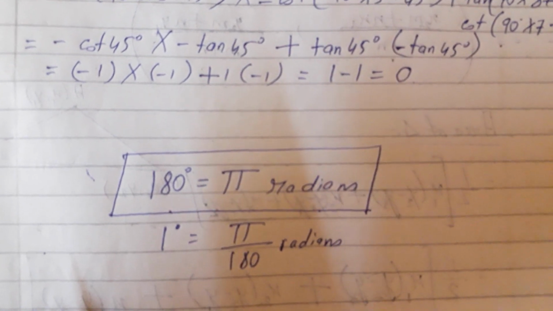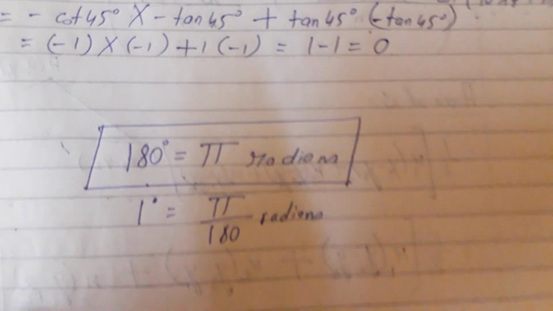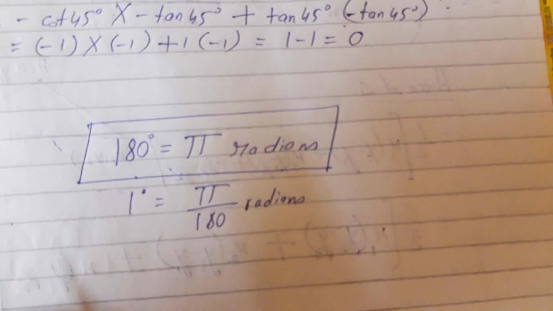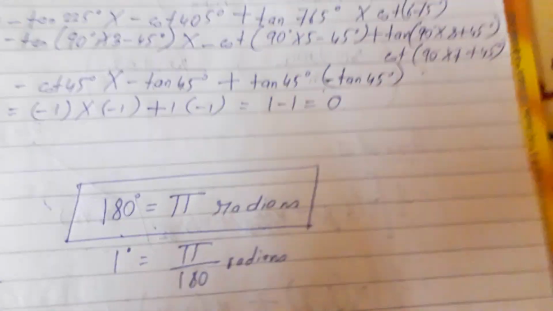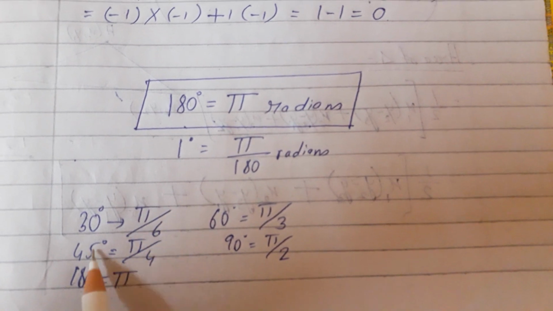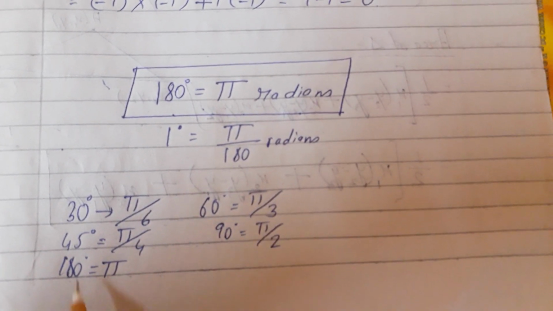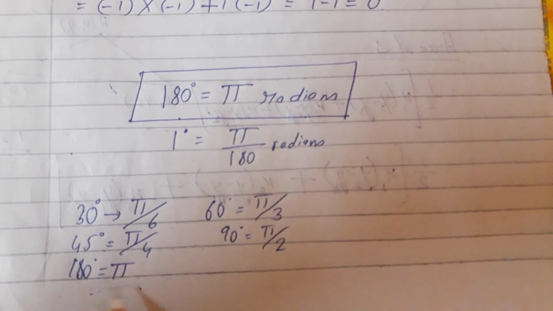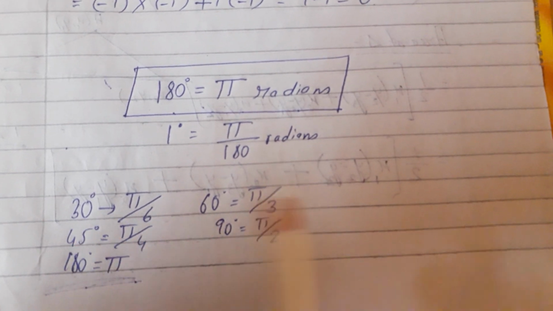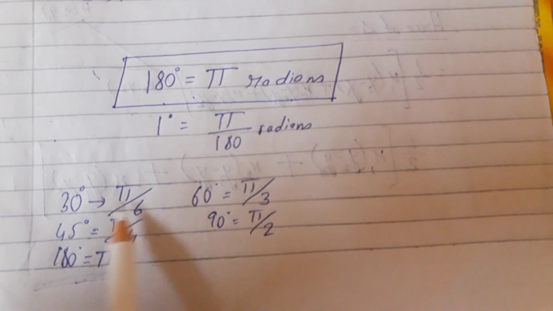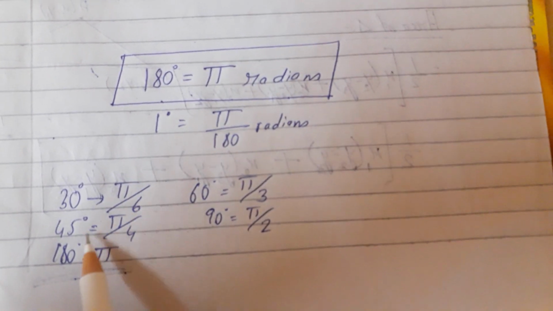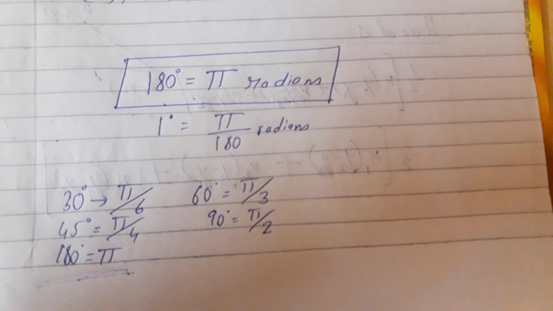Now you have to learn this, you have to remember this, because now in class 11 you have to write the angles, that is the angles means the 30 degree, 45 degree in the form of pi. Okay, see, in this way you have to write: 30 degree is pi by 6, 45 degree is pi by 4, 60 degree is pi by 3, 180 degree is pi. The value of pi is here 180 degree. Okay, see, so in class 11 you have to write the angle in the pi form in this way. 30 degree means pi by 6, that is 180 degree by 6 means 30. So pi by 6, pi by 4, pi by 3, pi by 2, you have to remember this.